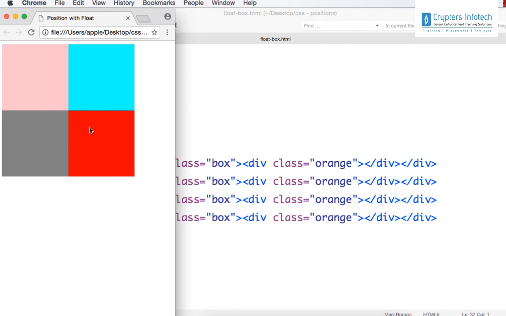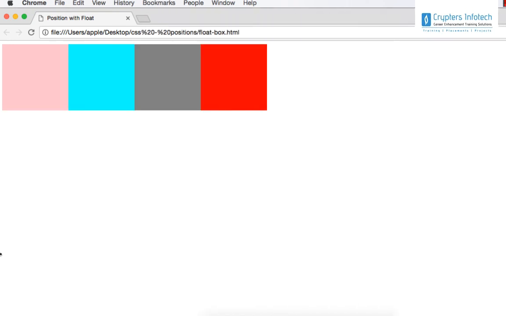When we set the value of float, the elements will be positioned as per the normal flow and then they will be removed from the normal flow and will shift either to the left or right of the parent, given there is enough space for those elements. If there is enough space, they will sit one next to the other. Instead of sitting one on the top of the other, the floated boxes now sit one next to the other. This is how a floated box behaves. Floated elements are positioned as per the normal flow, then removed from the normal flow and sent either to the left or right of the parent box, given that there is enough space.